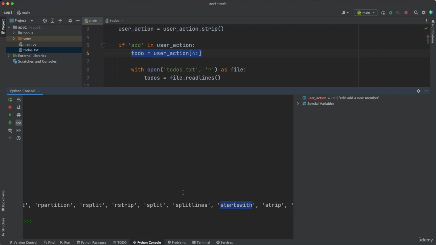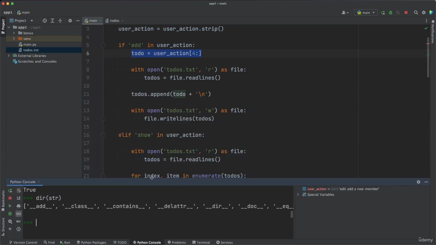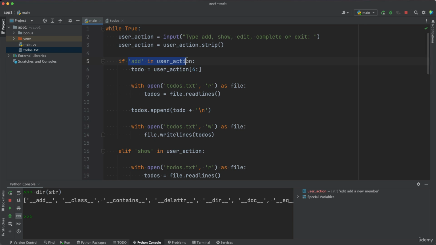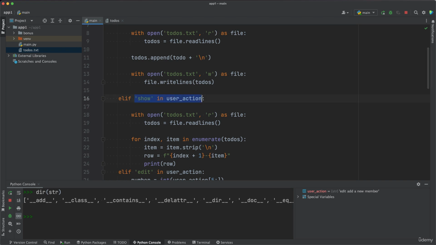So here we go. That method will check if a string starts with the input, the argument value provided to the method. Therefore, we go back to our program now and we say if user action starts with add, only in that case we extract the to-do from the user action. And we can do the same for the other conditions. So if user action dot starts with show,